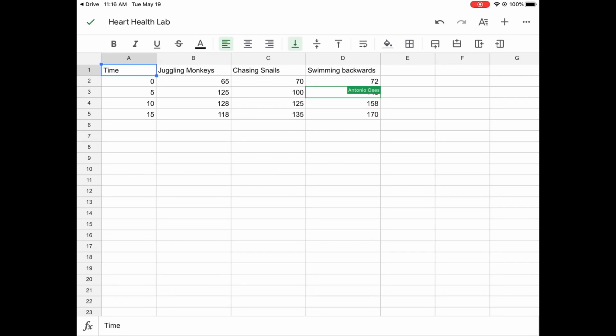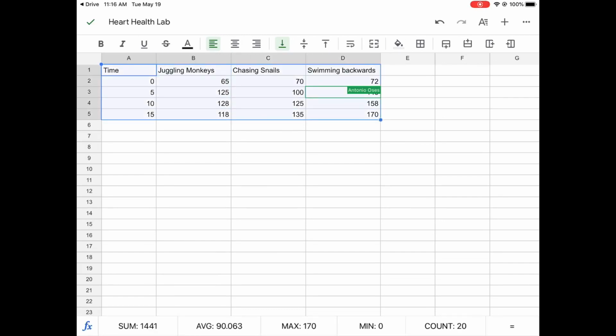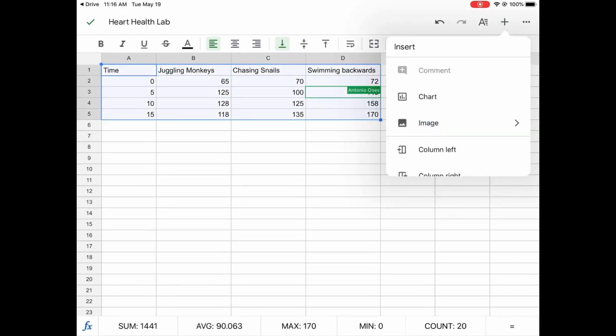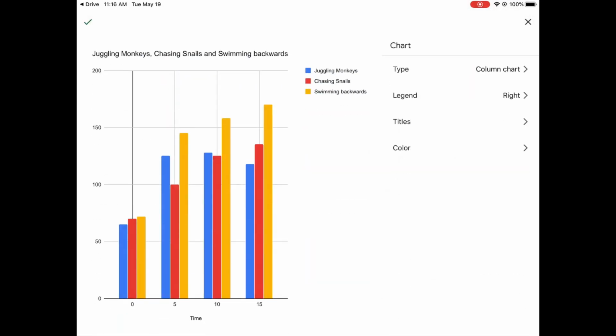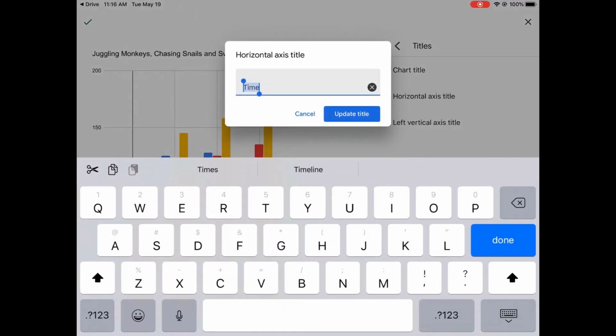So what I do is I highlight the data and then I click the plus sign on the top right underneath where it has Wi-Fi and 82%. And when I click that plus sign, I hit chart. Now you can see I get a chart right away, and what I want to do is change the axes,